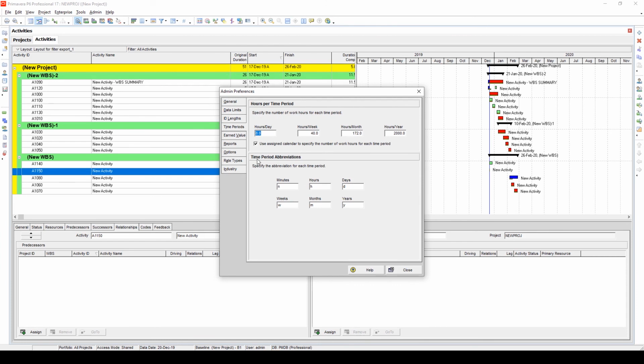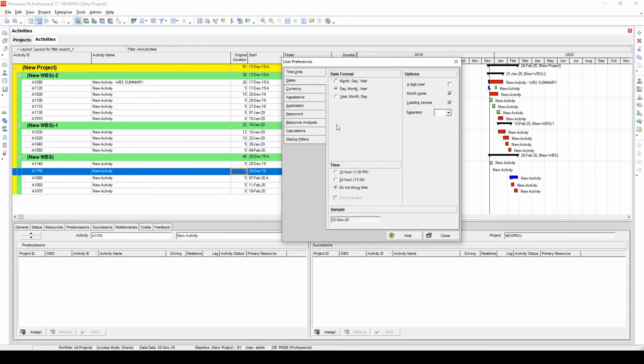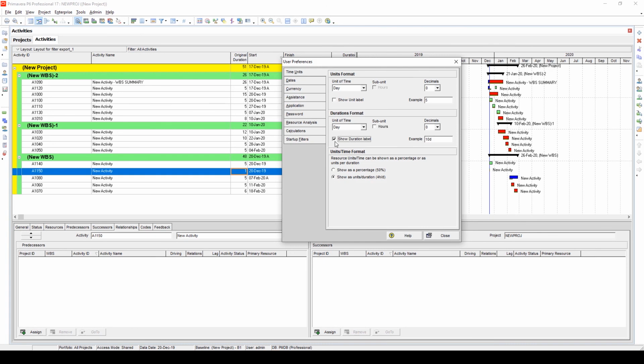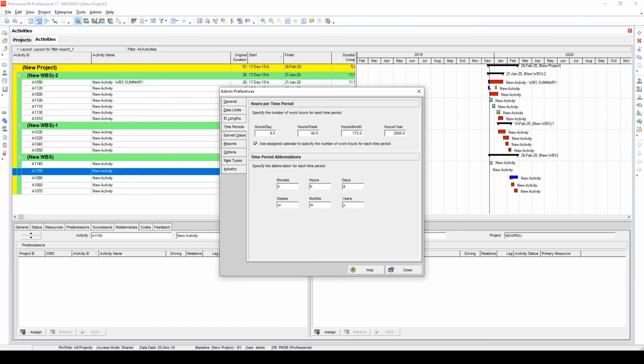Under time periods, it says time period abbreviations. Now here we can see the abbreviation for each of the time periods. Earlier, when we were under the user preferences and we saw this particular option which shows the D over here, this is actually coming from this admin preferences setting, because the day we are denoting as D, hours as H, and then we have minutes, weeks, month and year.